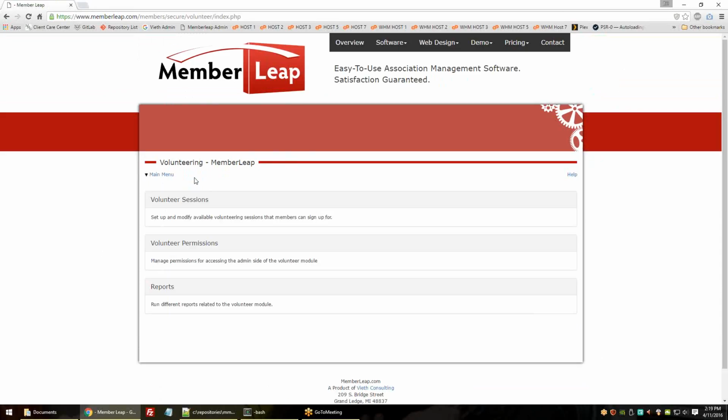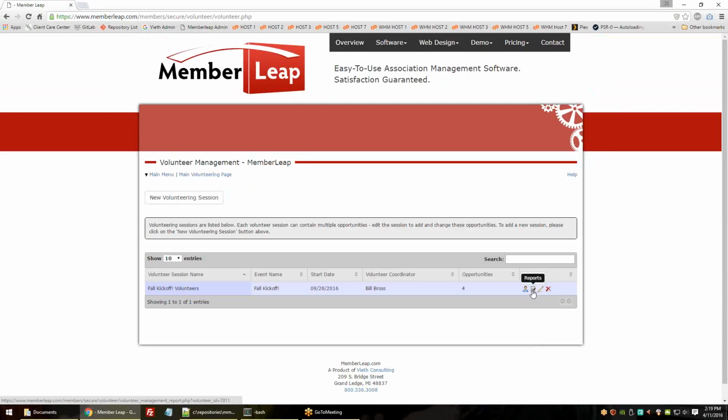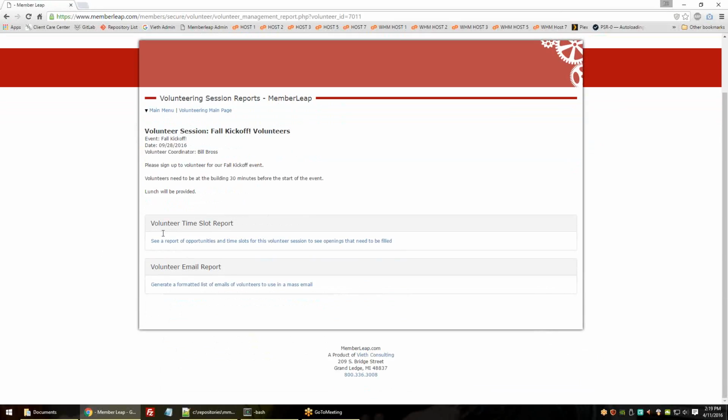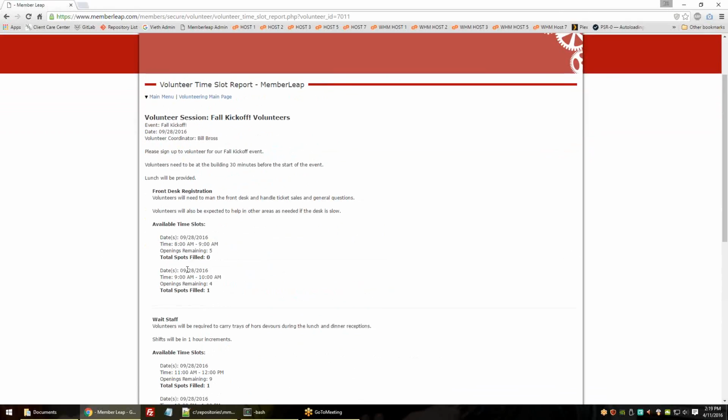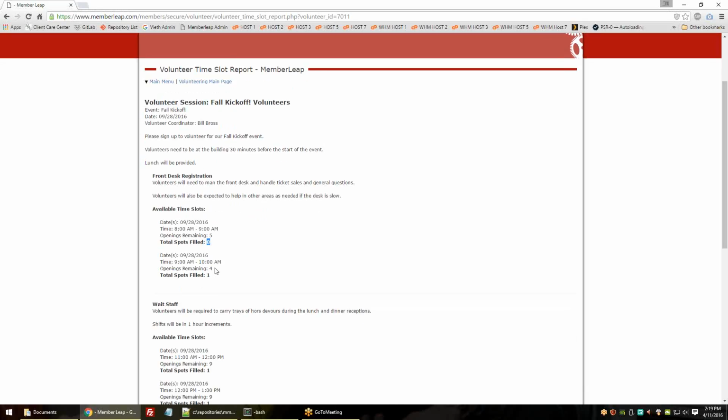All right, so that's the different things that we can do with volunteers within sessions. Now let's take a look at some of the individual reports that we can run on a session basis. So we get a couple things here. The first thing that we've got here is a volunteer time slot report. So we can see reported the opportunities and time slots for this volunteer session to see openings that need to be filled. So if I pull this one up right here, this is going to be very similar to another screen that we've seen, but you can see here how many spots remaining we've got, how many spots filled,